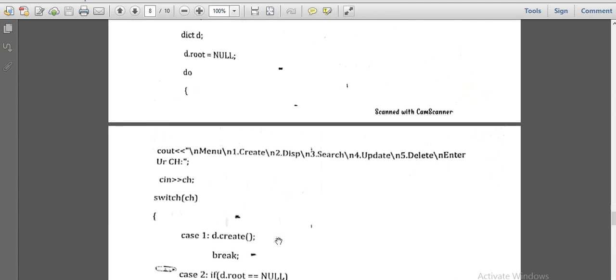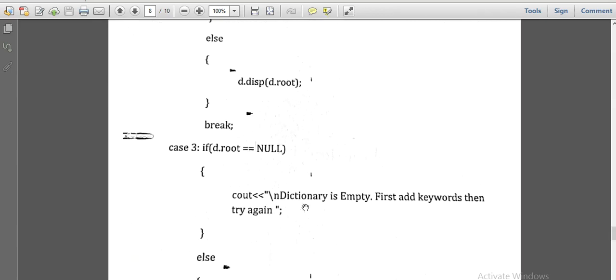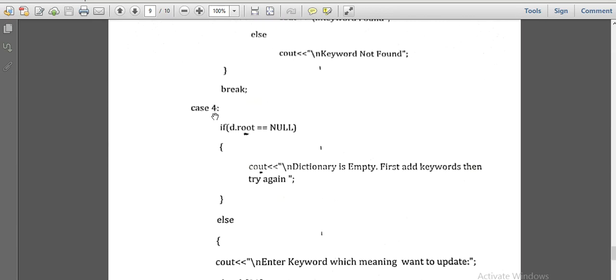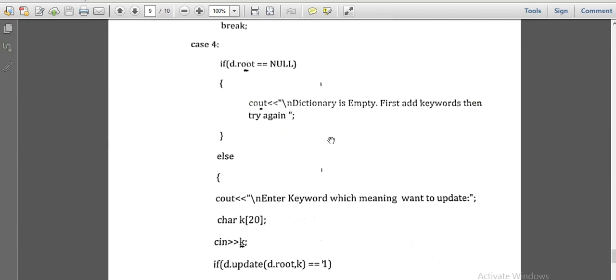Now what is the next case given in the menu? Update. We have to update that. So in case number 4 we need to do the updation. Again, if our dictionary is null, nothing in the tree, then we have to mention that the dictionary is empty. First add the keywords, then try again. Else, the tree is not empty, so we can have the updation over there.